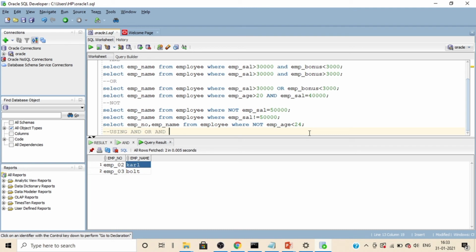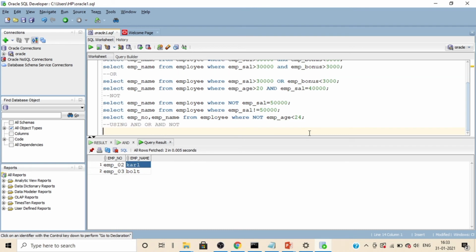So let's try this combination of logical operators query.